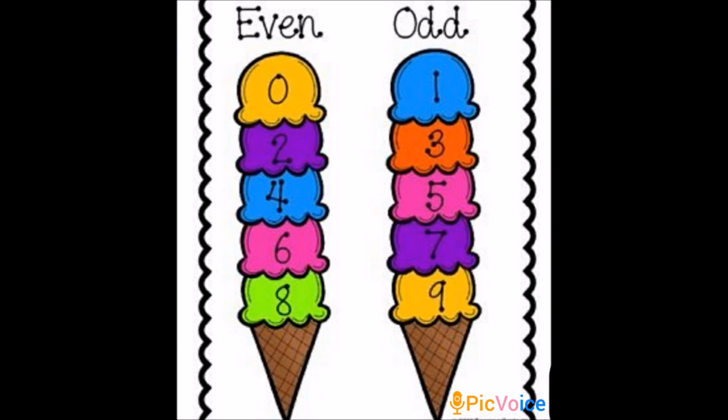Okay, fine children. So I have one more point about even and odd numbers. Even numbers are exactly divisible by 2, but odd numbers are not exactly divisible by 2. If it is not exactly divisible by 2, you will get a remainder. If you get a remainder, that is not exactly divisible by 2. Okay, fine children. Shall we move on to one more activity? Fine.